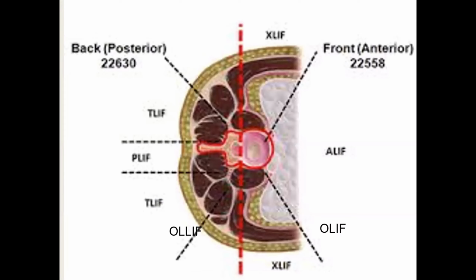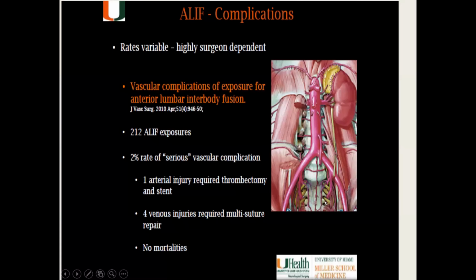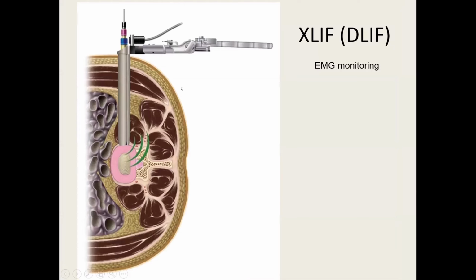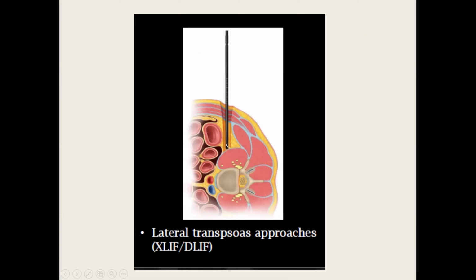As Dr. Anant said, anteriorly there are basically three approaches: ALIF, XLIF and OLIF. Because you had a lot of vascular complications with ALIF, and retrograde ejaculation, people thought XLIF or DLIF is better. But with DLIF, as Dr. Anant was telling, one has to go through the psoas muscle. Then there's a potential chance of damaging the lumbosacral plexus. As one works through the psoas muscle, the lumbosacral plexus can be damaged, and the chances of weakness are high. In these cases, one has to do neuro monitoring.